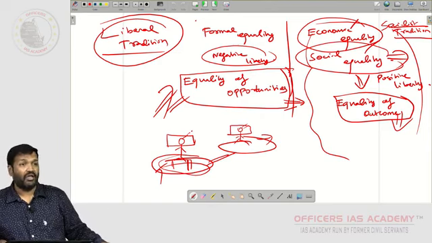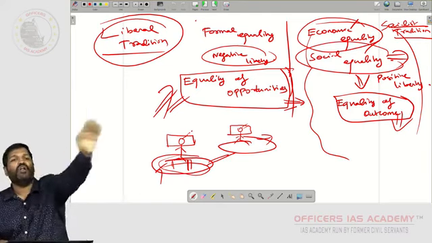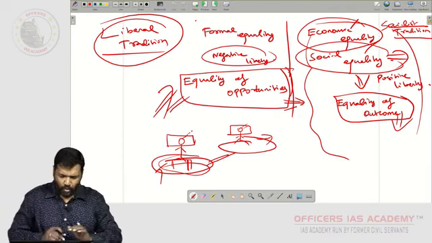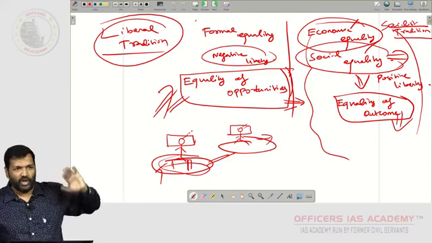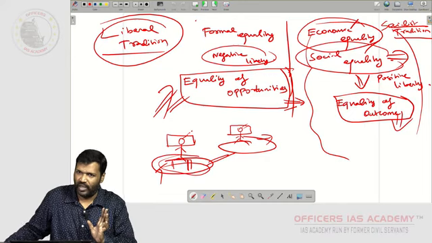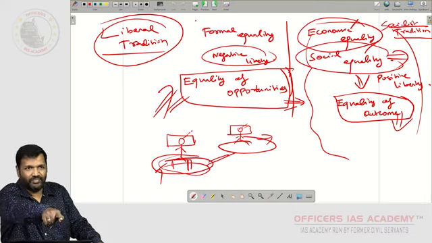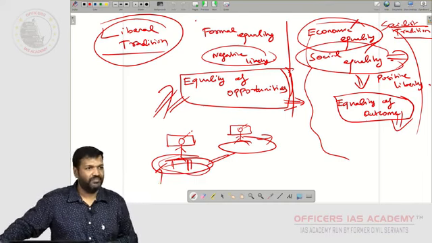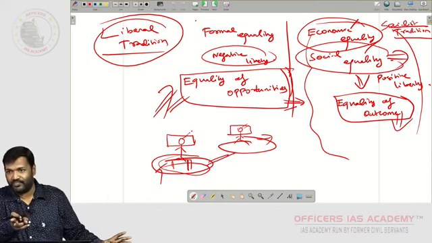One does not help the other. In other words, if you ensure freedom, you will not ensure equality. If you ensure equality, you will not ensure freedom. Correct or not? If you ensure freedom, both get equal freedom. Then the taller person sees a lot. The shorter person sees less. There is no equality there. But if you ensure equality, you give a stool, then you compromise the freedom there. Because one person has got a stool, more free. Another person does not have a stool, less free. More choice, less choice. Right? So you compromise freedom there.